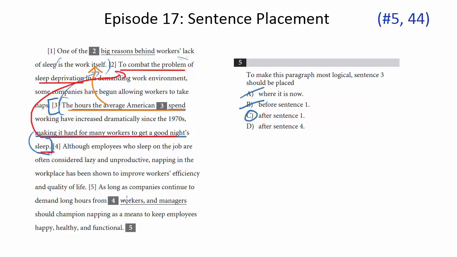And it kind of connects to sentence 5 well, which I think is the trap because you want to see the hours and then see the hours. But it doesn't connect well enough with the previous sentence. And it belongs better here because then at the end, we're going to return to the idea of the hours. So it's totally okay to keep these separate in this case because we're going to frame the paragraph on the beginning and the end with this discussion of hours. But it makes most sense, as we discussed earlier, for this to be after sentence 1.